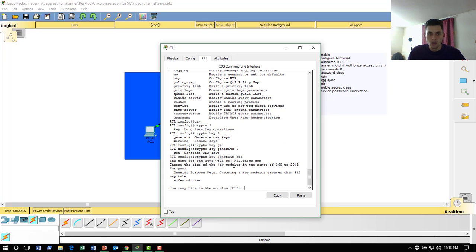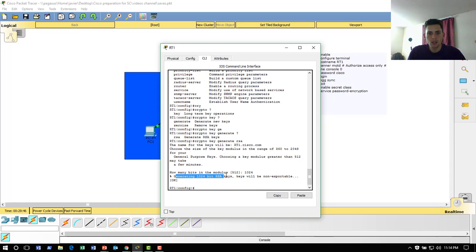hit enter. So now it will ask you to choose the size of the key modulus in the range of 360 to 2048 for your general purpose key. Choosing a key modulus greater than 512 may take a few minutes. It is a lie, it won't take a few minutes. So we are going to specify 1024, and what it does is set the complexity of the encryption on the key. 1024 is more than enough to encrypt something. So it will generate the key for us, and now all we have left to do is to create a